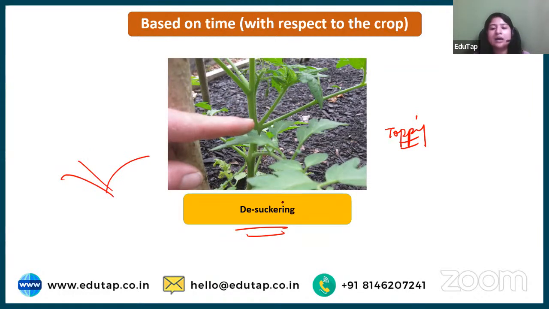डी सकरिंग के केस में क्या होता है, देखो इसका बेस्ट एग्जांपल वैसे आपका टोबैको भी है। In tobacco, leaves are of commercial importance, ठीक है। ये आपकी ब्रांचेस, स्टेम्स, ये सब नहीं होती है। The more the leaves are, the more it will have benefit, ठीक है। अब डी सकरिंग में क्या होता है, जो लेटरल, जब क्या होता है, ये जैसे मान लो आपका ये प्लांट दिख रहा है, ठीक है, जब यहाँ लेटरली आपके बड निकलने लगते हैं जिससे आपकी न्यू स्टेम्स बनेंगी, ठीक है, तो जैसे जहाँ पे जो बड होता है ना, जहां से नई